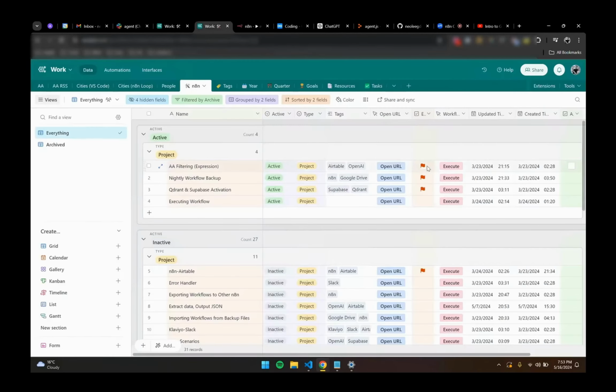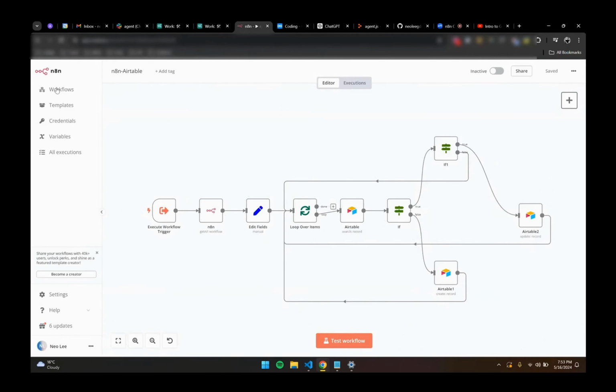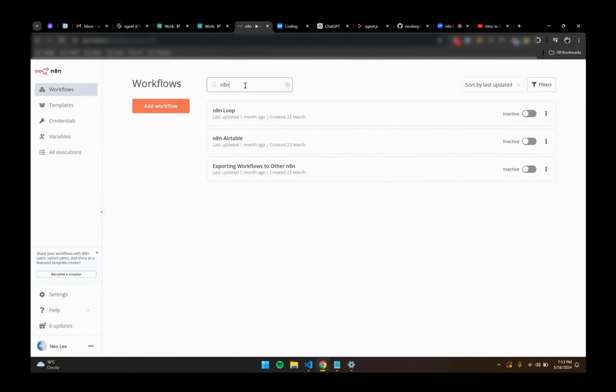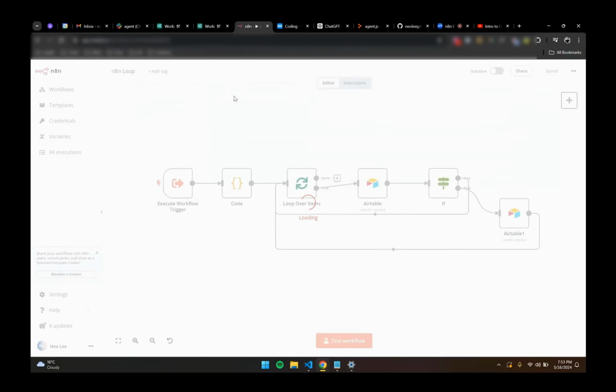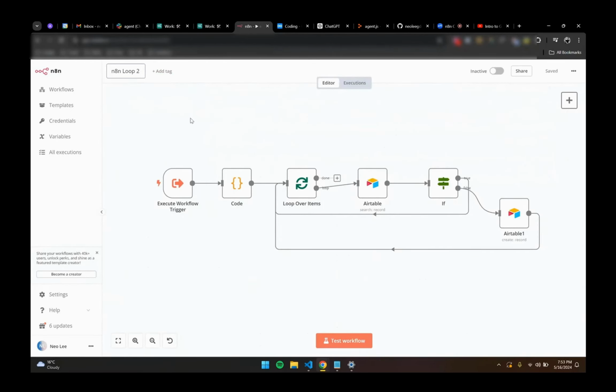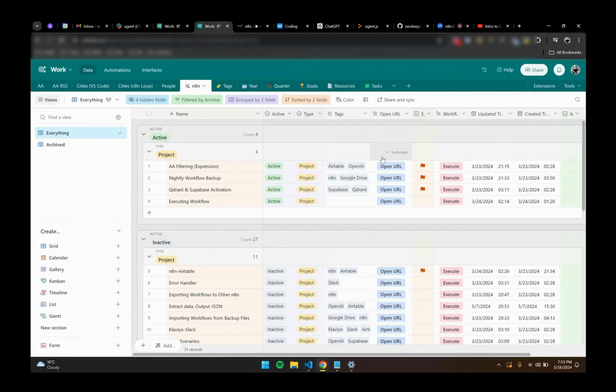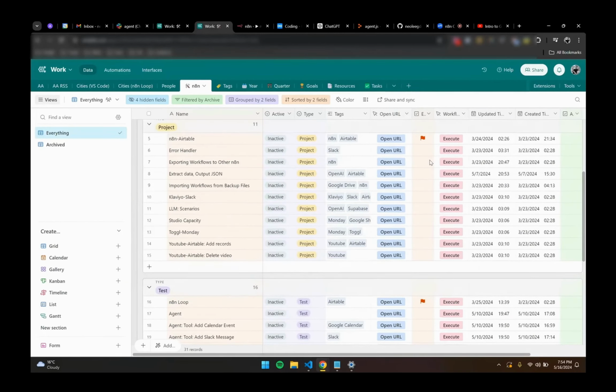And so I also have something called execution. So I know which workflow has a red flag, and I can execute it by just clicking something, right? So if let's say I go to a workflow, let's call it n8n loop, and let's say I change the name to loop number 2, and I can then go to n8n to Airtable, and I can execute it,